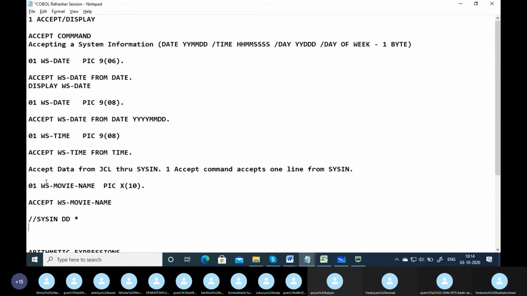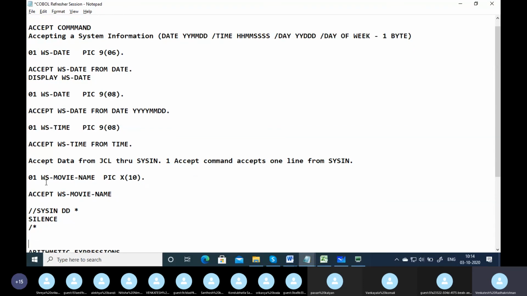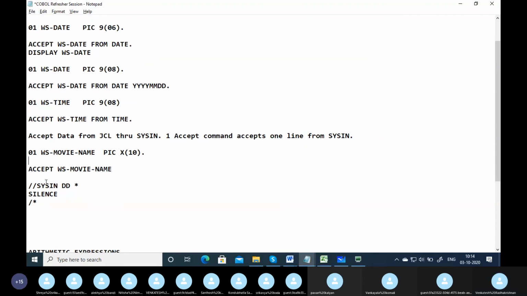So this is how we have to pass from sysin. Don't write FROM clause. It is going to search in sysin. If you are going to pass multiple words, you have to make sure to have 2 accept commands or do it in a loop.